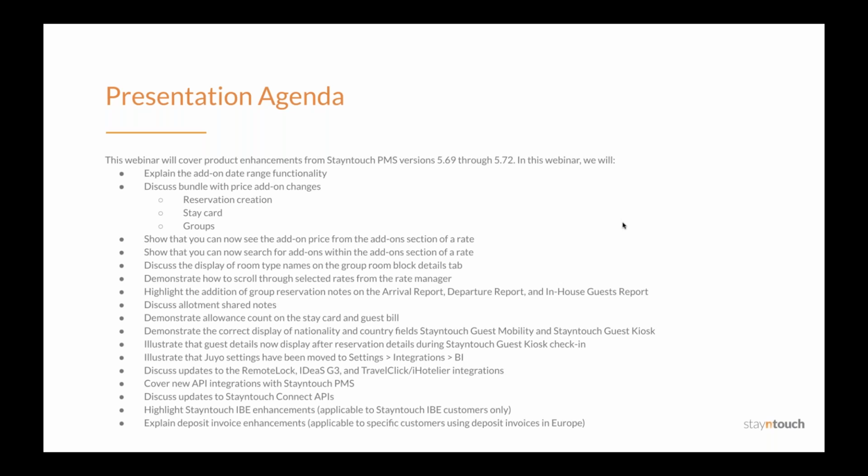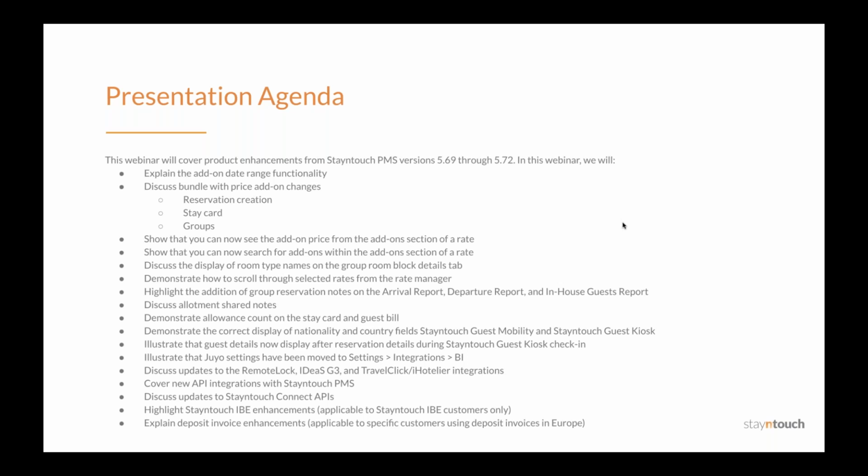In this webinar, we will explain the add-on date range functionality, discuss bundle with price add-on changes for reservation creation, stay cards, and groups, show that you can now see the add-on price from the add-on section of a rate, show that you can now search for add-ons within the add-on section of a rate, discuss the display of room type names on the group room block details tab, demonstrate how to scroll through selected rates from the rate manager, highlight the addition of group reservation notes on the arrival report, departure report, and in-house guest report, discuss allotment